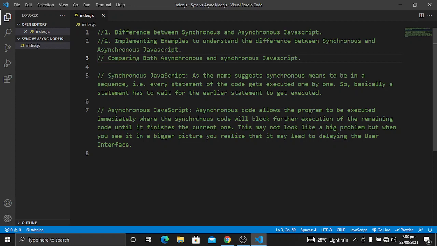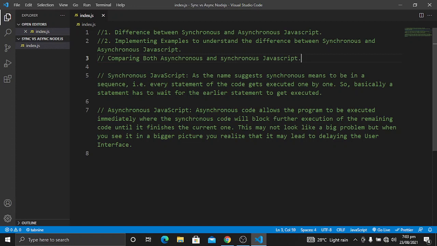For example, say we have four functions. Synchronous JavaScript will first complete the execution of the first function, then move to the second one, then the third, and then the fourth,